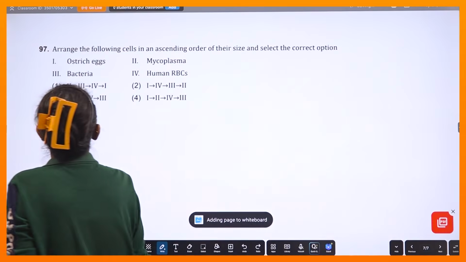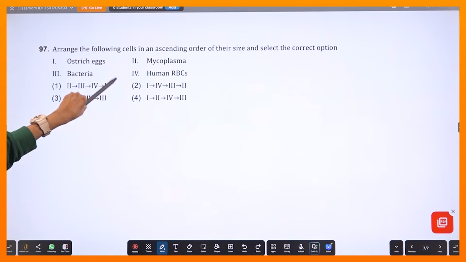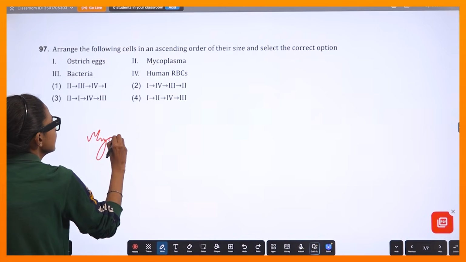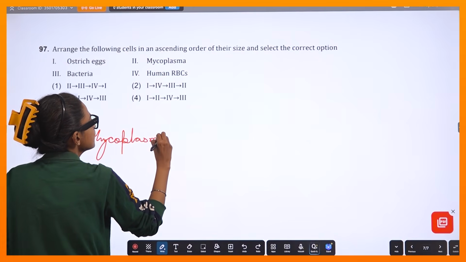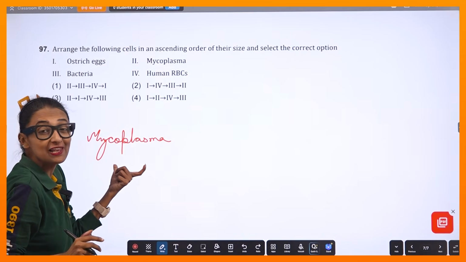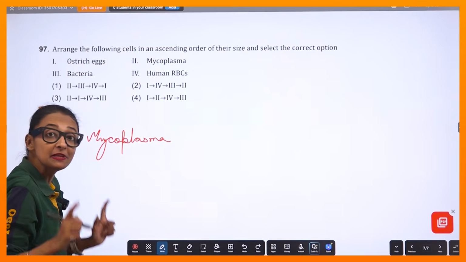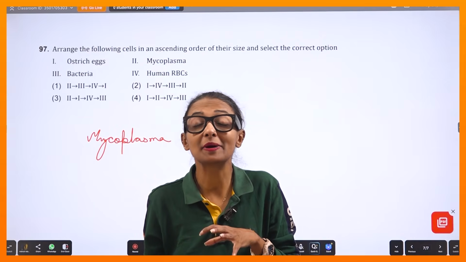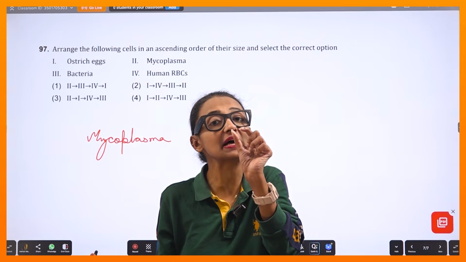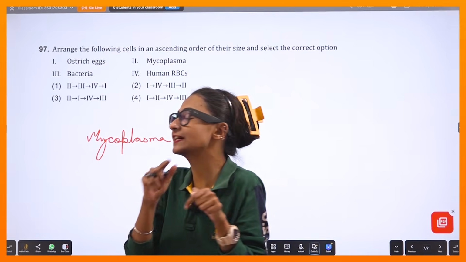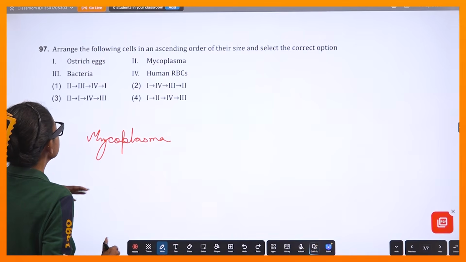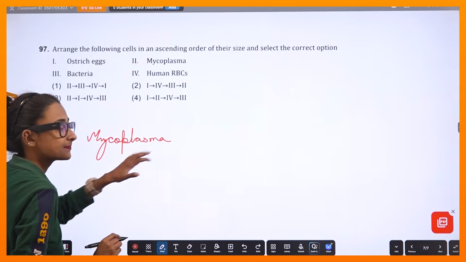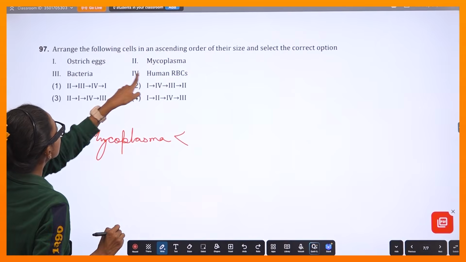Let's move on. Okay. Arrange the following cells in ascending order, from small to big. So mycoplasma is the smallest. Mycoplasma is the smallest. There is no cell wall present. Example, PPLO, pleuropneumonia-like organism. In Biological Classification, or wherever, the mycoplasma cell size has been mentioned. Kindly go through that properly. Okay. So mycoplasma is the smallest. Then you have bacteria,